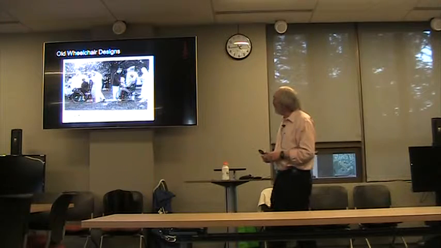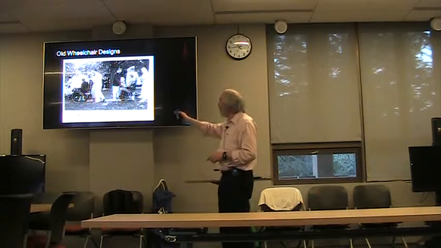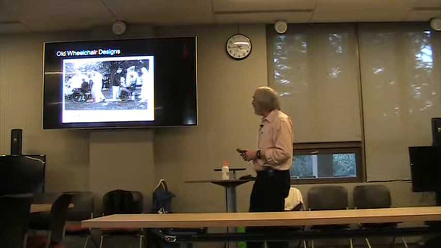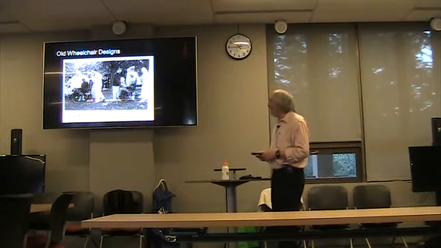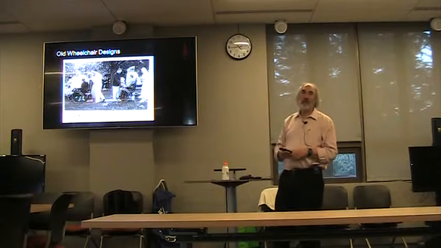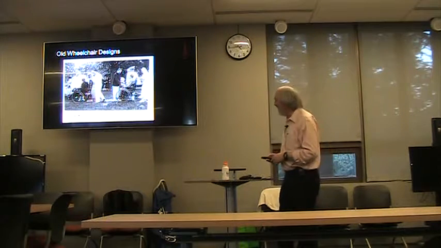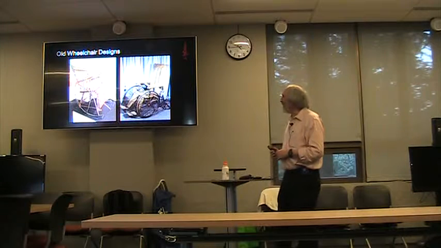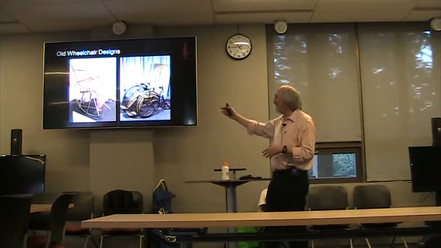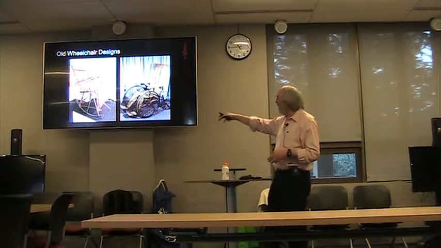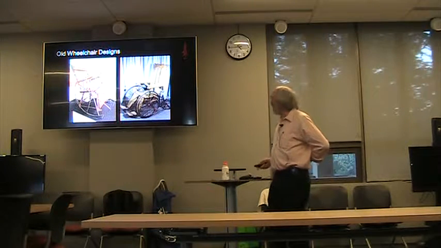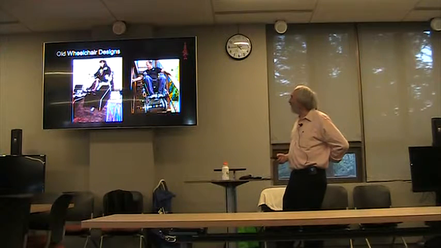And here's some more of them. This one back here on the right actually has wire spokes, but again, sort of the same design, 1924. And this looked good enough that you could meet the president in this wheelchair. Okay. Some other wheelchair designs, maybe not so comfortable. Obviously, the one on the left started out as a chair, and they put the big wheels on it and a little wheel in the back. This one over here has the same sort of configuration, but that can't be very comfortable, but maybe inexpensive.